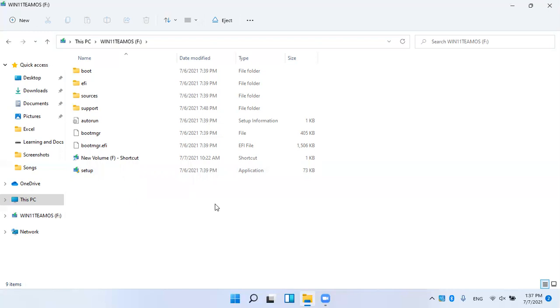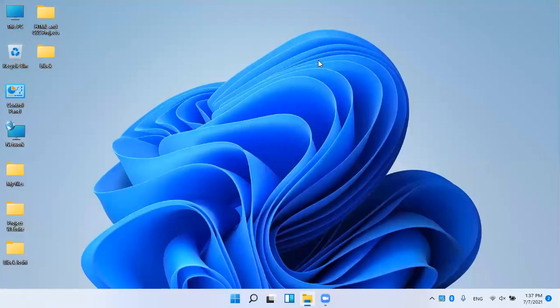Let me tell you the minimum requirements for this. I have given them in the description, in that link. You can click over there and read. My PC is an i3 and it is working perfectly on it. i3 64-bit and 4 GB RAM, and it is actually an SSD, not a hard drive. If you have a hard disk, then it should be 16 GB to 64 GB minimum. It will work there, with 4 GB RAM at least and a 64-bit processor. You don't need an i3 or i5 or i7 requirement. You can check it out there.